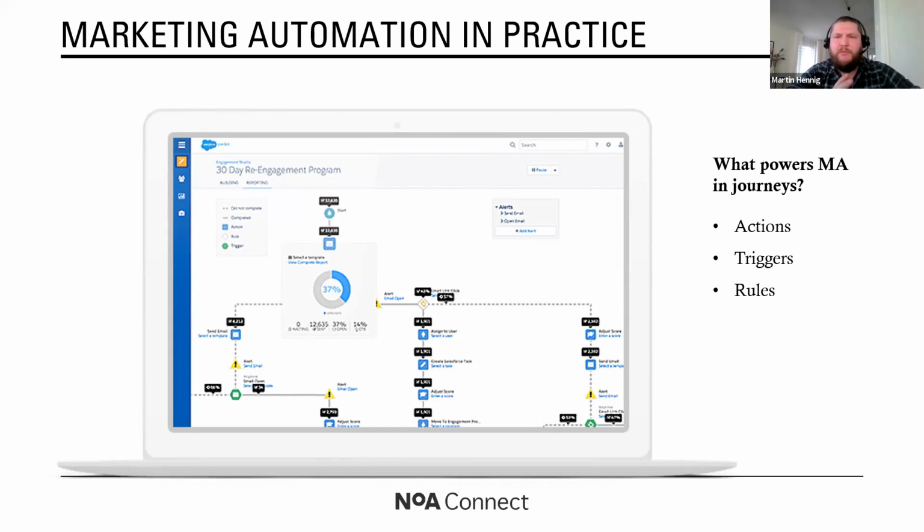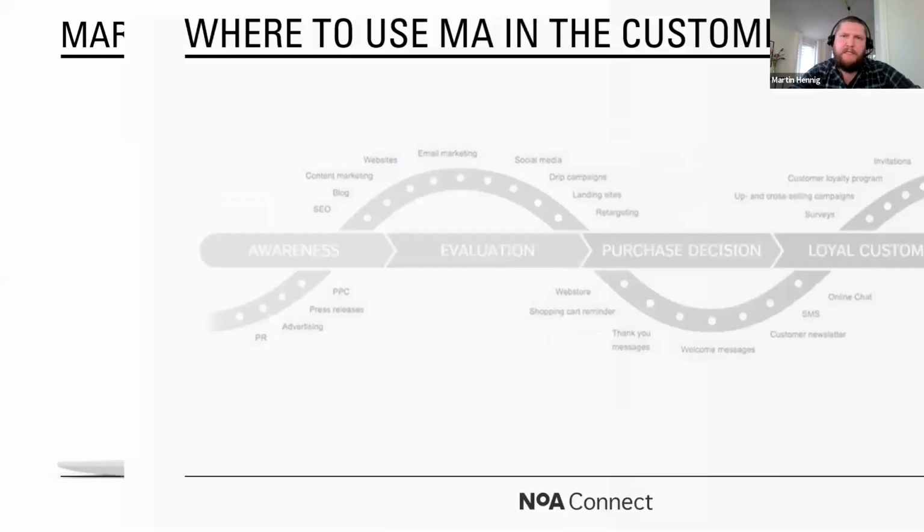So don't be intimidated by looks of it. There's plenty of learning material out there that will help you set those up. There's also a lot of templates that you can actually use depending on a platform. Again, this is Pardot. It starts from top to bottom. There are other ones that start from left to right. But in essence, those will be the things that you're dealing with when you try to set up those engagement programs. I hope that makes sense.